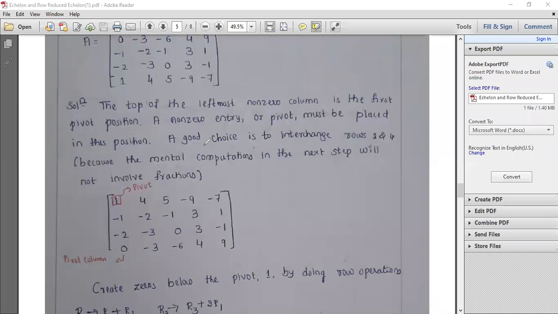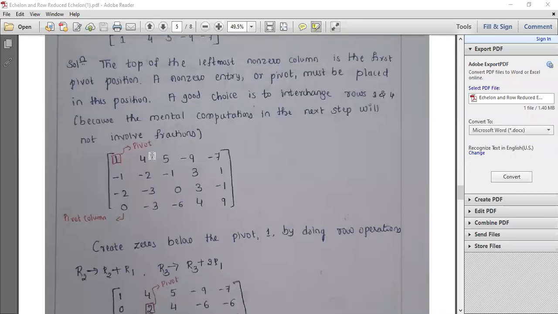Yes, ma'am. So now what I do, I'm changing this R1 and R4. So this is the matrix I'm getting. So the first pivot position I'm locating. This is my first pivot position with the red ink, whatever you're observing. This is the first pivot element, and this column we call the first pivot column. So this is what they'll ask: introduce the pivot element and the pivot column. Okay. So I did it in the first way.